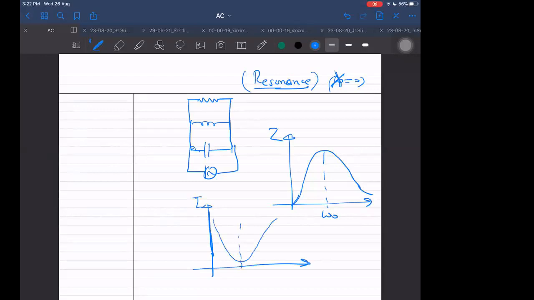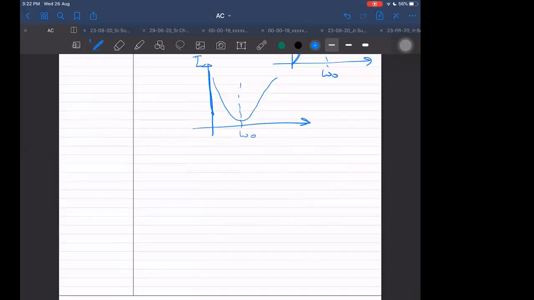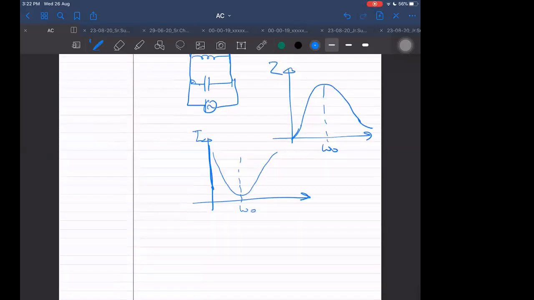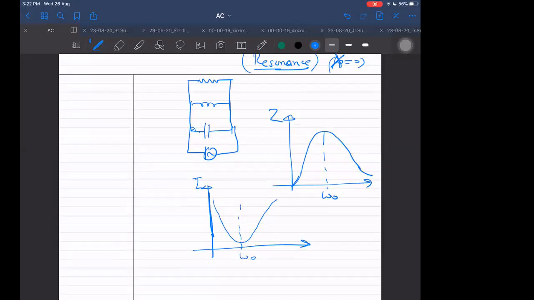And now there are not just two kinds of circuits, either parallel or series. There can be many other varieties possible, some mixed combinations. And in all other such cases, we have to analyze in a different way. But yes, in all of these cases, one thing will surely happen. I think Z will become either minimum or maximum. That I think will always happen. Although I have not proved it yet, this is just my feeling. Z will be either minimum or maximum for any of the cases.